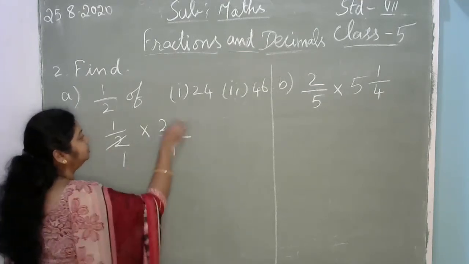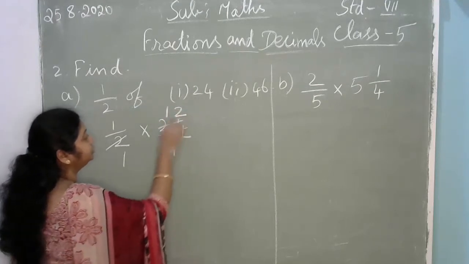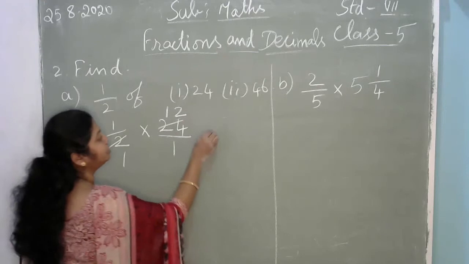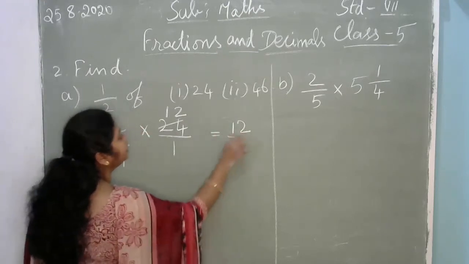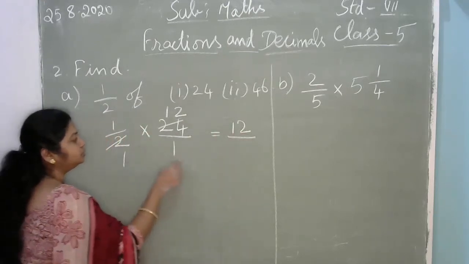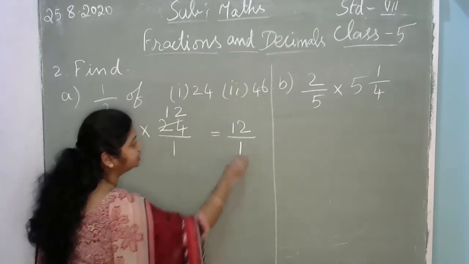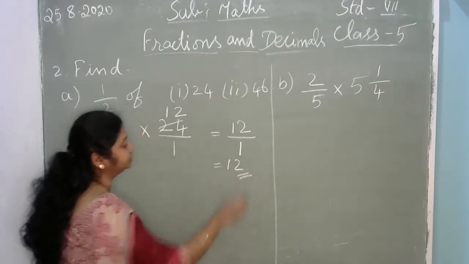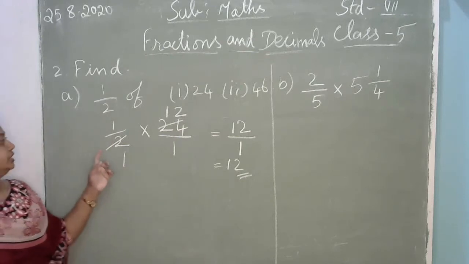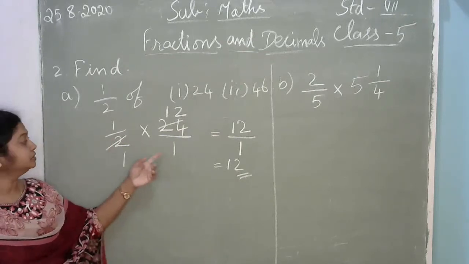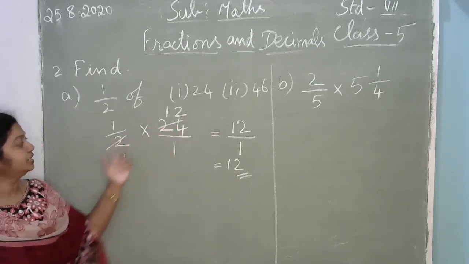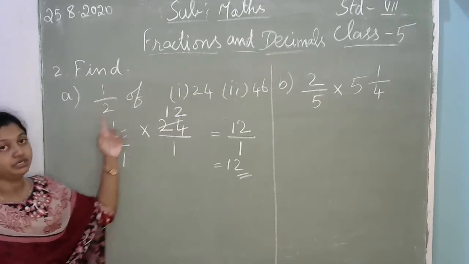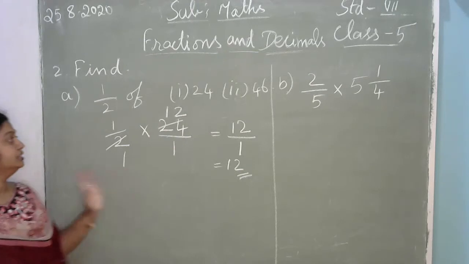1 2s are 2 and 12 2s are 24. Afterwards, 1 into 12, how much? You get the answer 12. And 1 into 1, you will get the answer 1. So what is your last answer? 12 is your answer. Okay. So when you are checking to cut the numbers, you have to check the numerator and the denominator only. Okay, you should not cut the numerator and numerator. You should cut numerator and denominator.